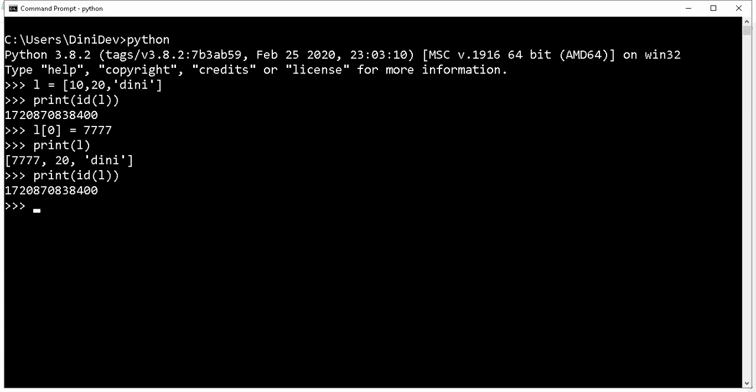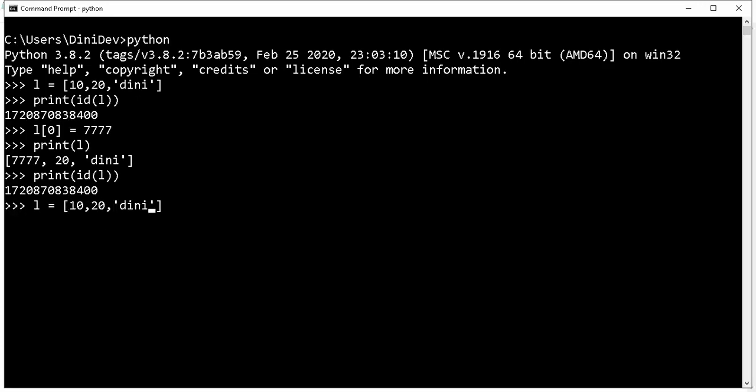So all the changes will be performed in the existing object only. The list is one of the best examples for the mutable concept. I will explain the list concept clearly in my next video, but I just give some basic idea about this for a mutable thing. I will show you another example, with the same thing.